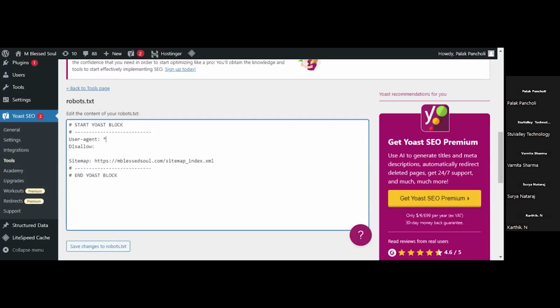Clear? After that, you have to write disallow colon and all the URLs that you don't want to index. For example, the admin page of your website that you don't want to rank. That you can put in the disallow section.